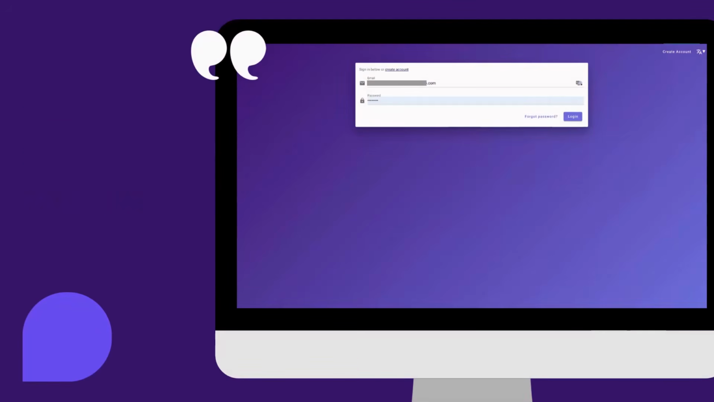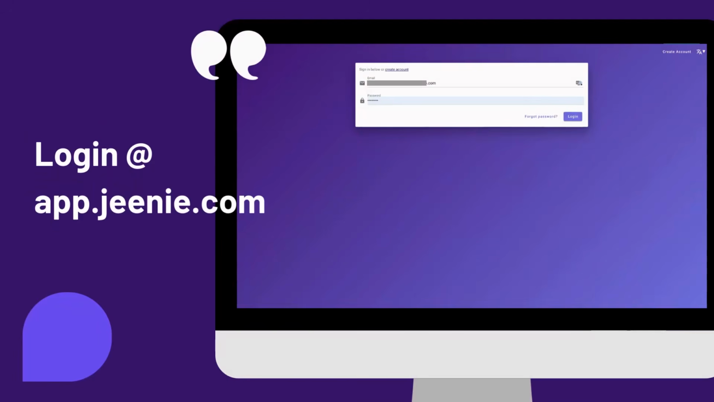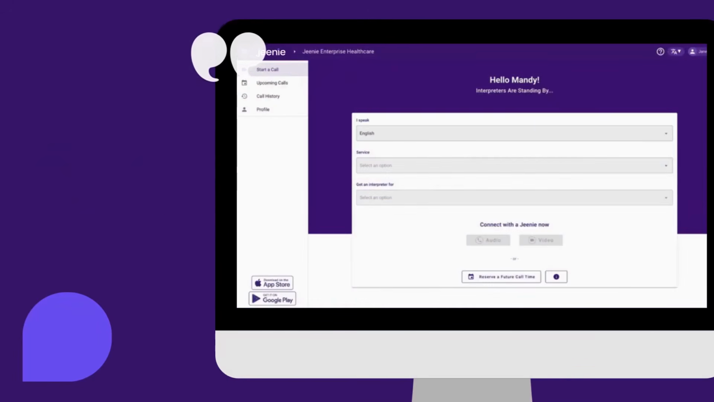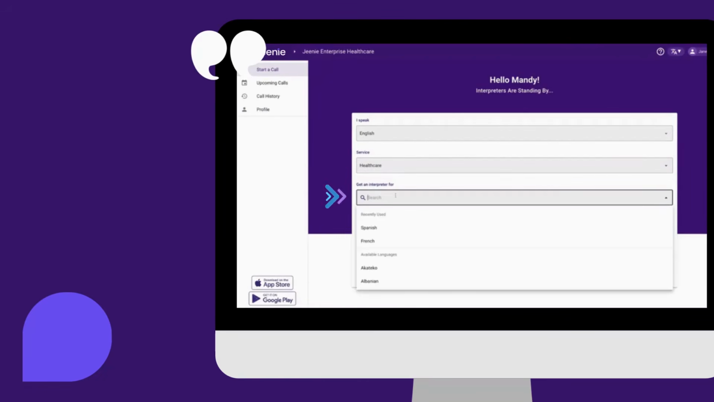First, open Jeenie on your web browser at app.jeenie.com. Log in. You'll see your homepage is the main call screen. And you'll see the same three options: the language you speak, the service type, and the language you need an